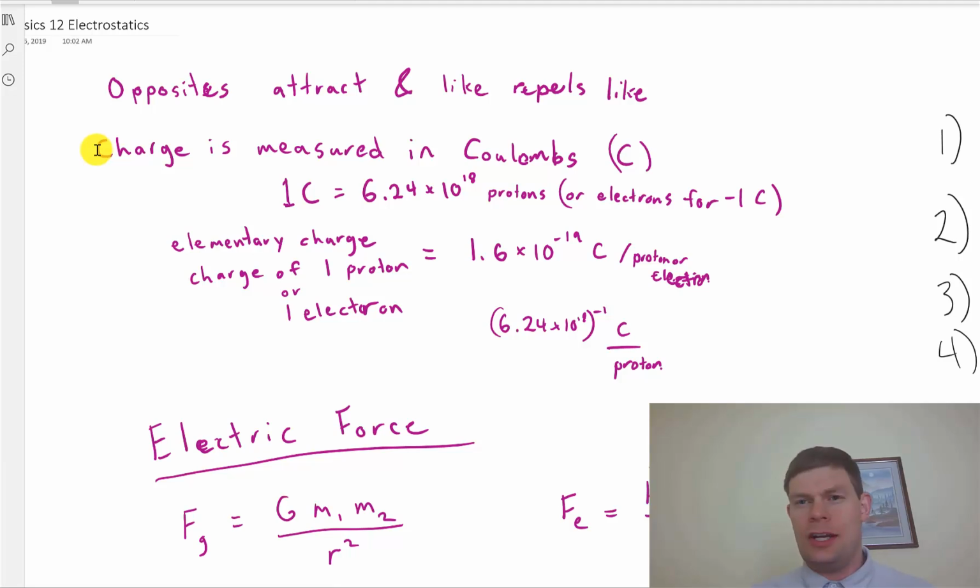has charge because it either is an electron or a proton, or it has more electrons than protons or more protons than electrons. So just about all charge you know of is due to protons and electrons. They're not the only things with charge in the world, but they are very much the most common. You're not going to run into other things at all in Physics 12, and unless you do a career in